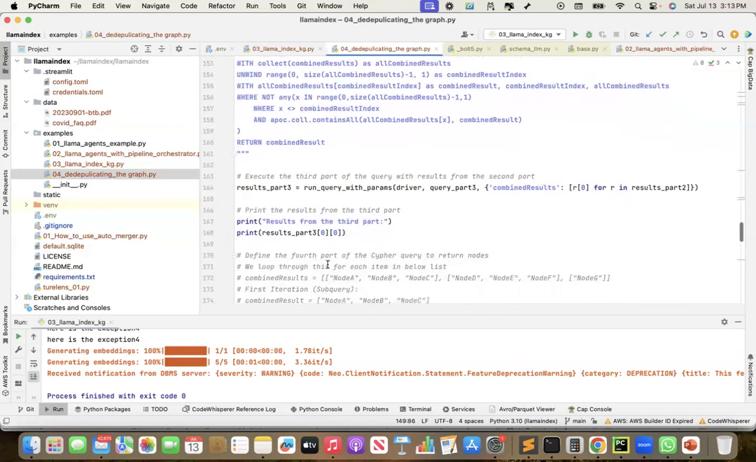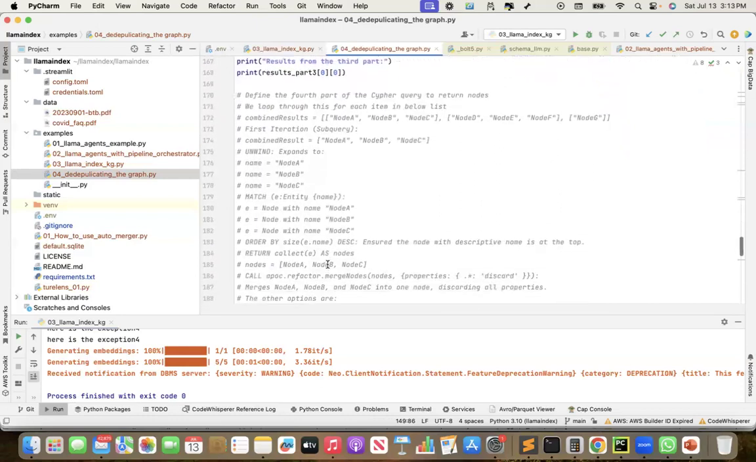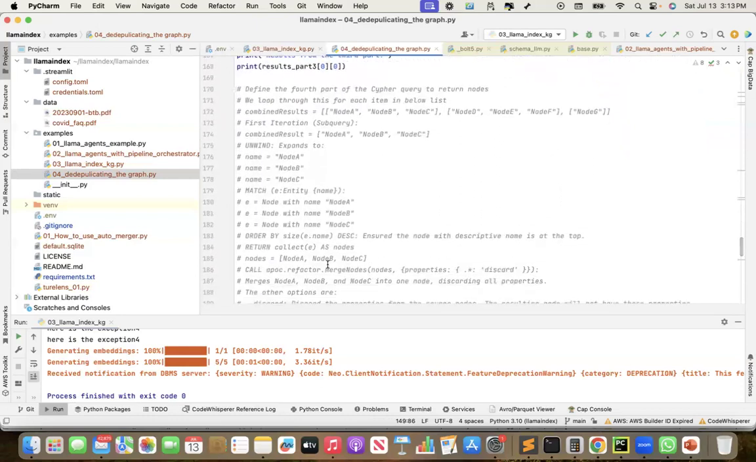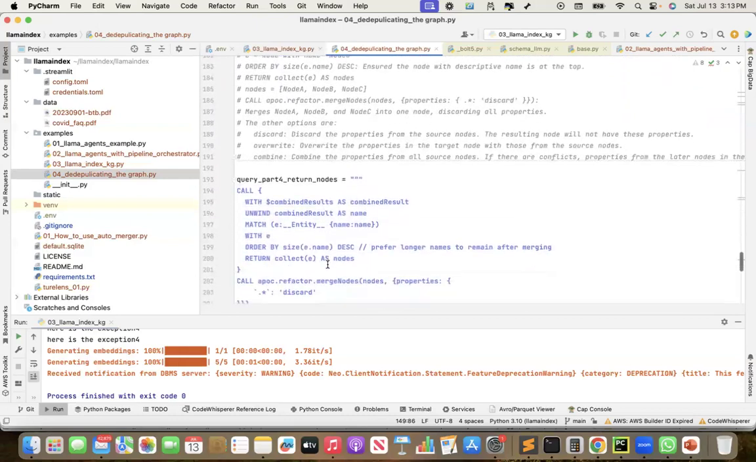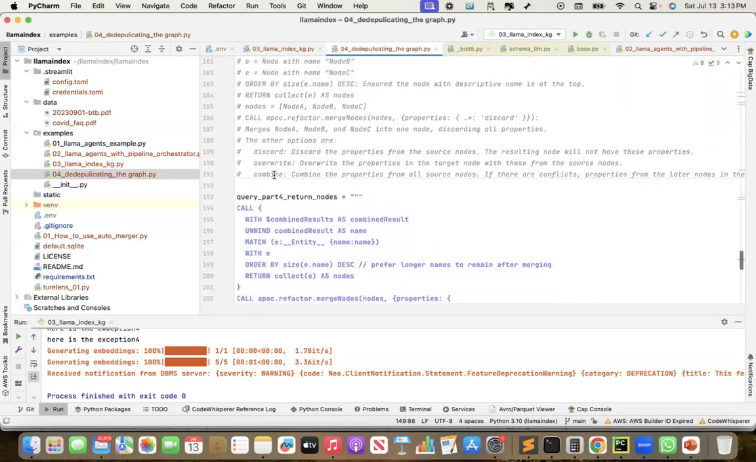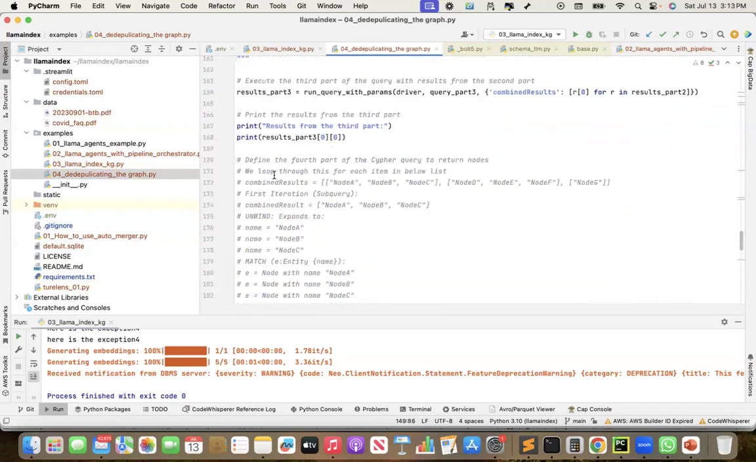The last part, part 4, is where all the magic is happening. This is where the merging is happening. How is the merging working? This is the query for the merging. This was the output from the previous one. So for each item in this list,